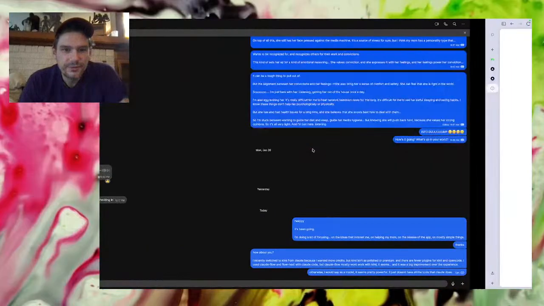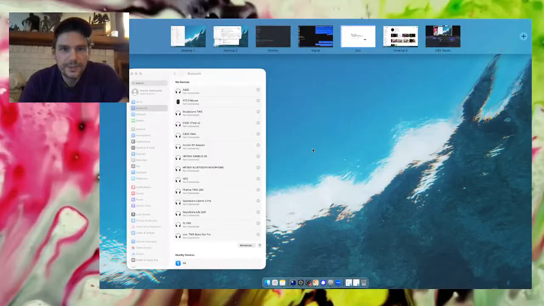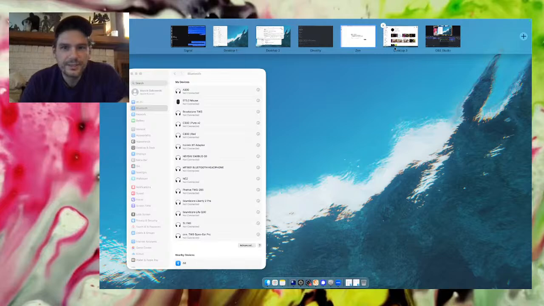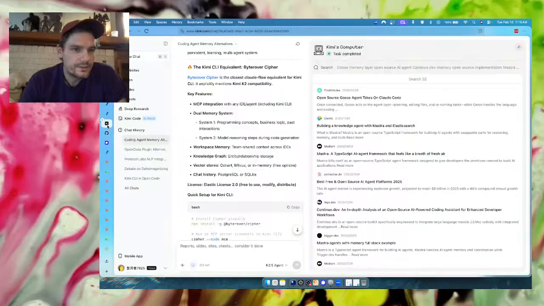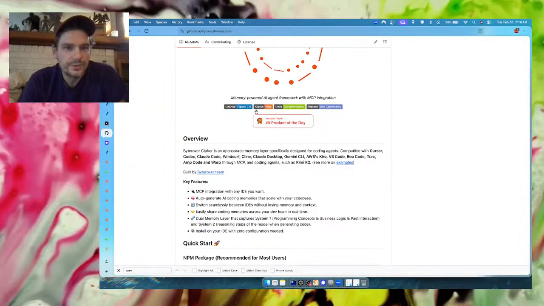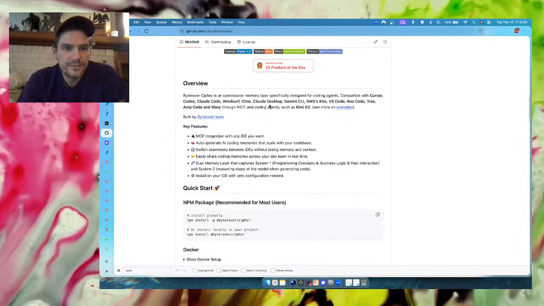If you've ever used Claude-Flow, then you know how much better it makes Claude Code, and so I want something comparable for Kimi. But what I'm noticing here is that they support AMP and Cursor and Codex and Claude Code, Windsurf, everything